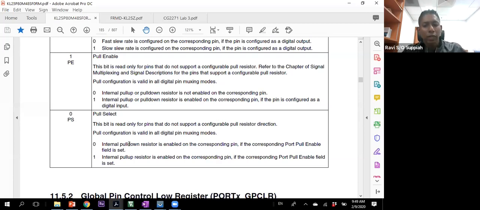Pull down means you have a resistor pulling that pin down to ground. Pull up means you have a resistor pulling it internally up to VCC. So you can decide pull up or pull down. Then after you decide this configuration, at the same time, you can also enable or disable. This will internally configure the hardware configuration of your device that is connected to that